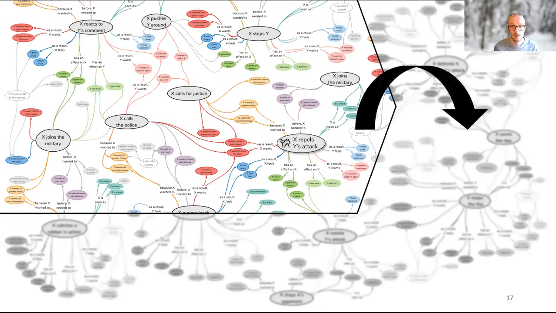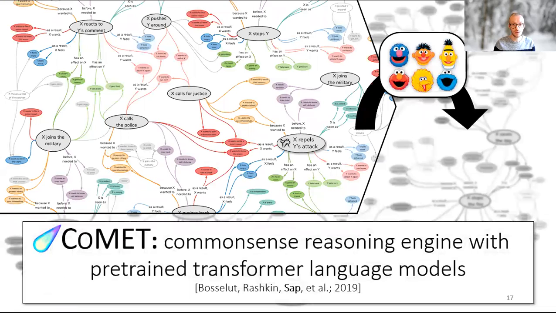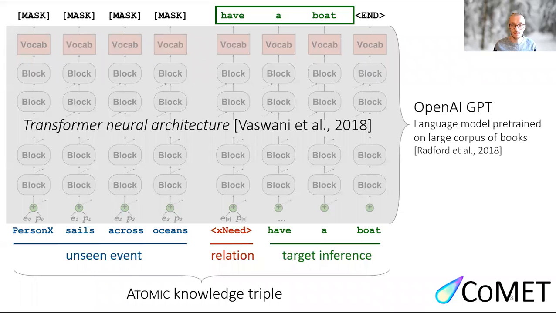And so when we ask whether machines can be taught to make these ATOMIC-style inferences on previously unseen events, we can do that by combining the symbolic knowledge from ATOMIC, which is in natural language, with language models that are pre-trained on large amounts of natural language. And this combination is what we call COMET, where we create a common sense reasoning engine with pre-trained language models. Simply put, how COMET works is we took a pre-trained transformer-based language model, specifically OpenAI's GPT, which was pre-trained on a large corpus of books, and we taught it to generate the targeted inference given an event and a